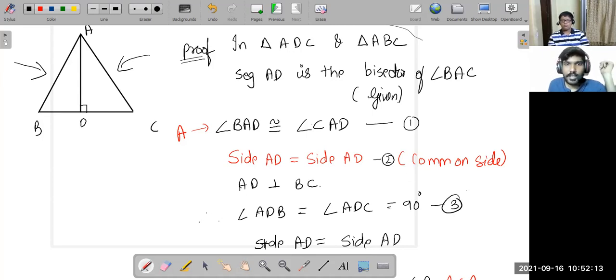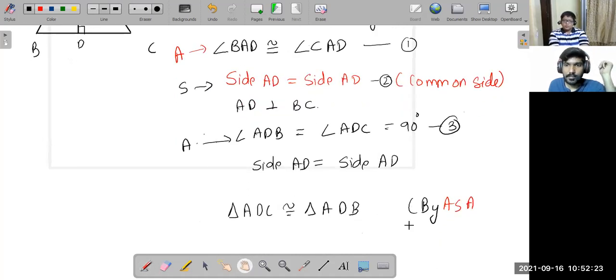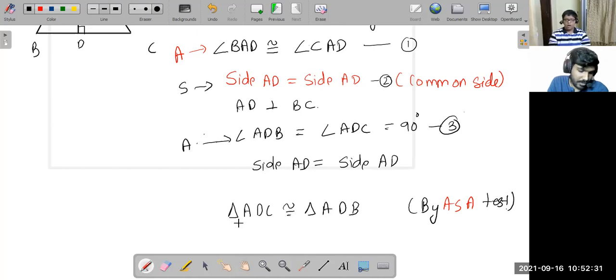Okay, now it's fine. So first the angle, then the side, and then this angle. Okay, so ASA test. Clear now? Yes, sir. Okay. Now, since these two triangles are congruent to each other, and they're congruent by ASA test,